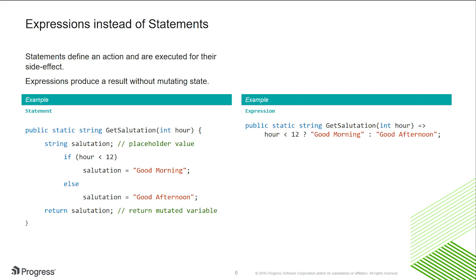So we have a complete single statement that does the same exact functionality. We'll show some more in-depth examples. Hopefully you can see that you could have two pieces of code running, getting a salutation and changing the salutation differently. These are very basic examples, but if we blew them up to a larger scale application where we have multiple variables and we're setting multiple pieces of state and running different functions to change that state and then returning an output,